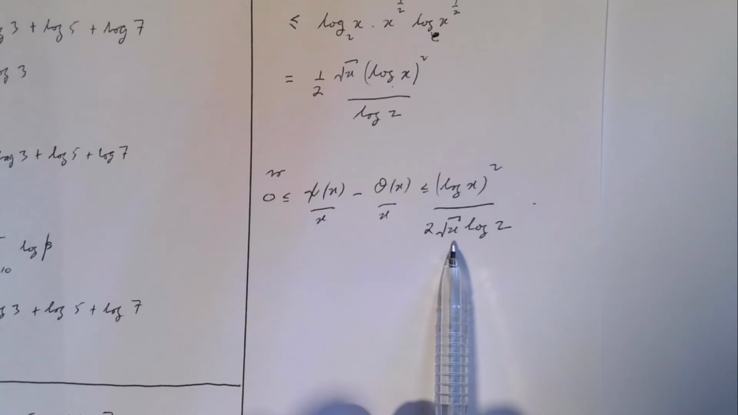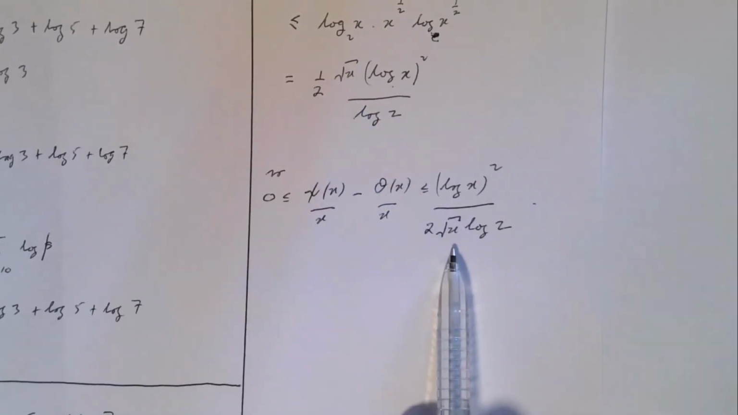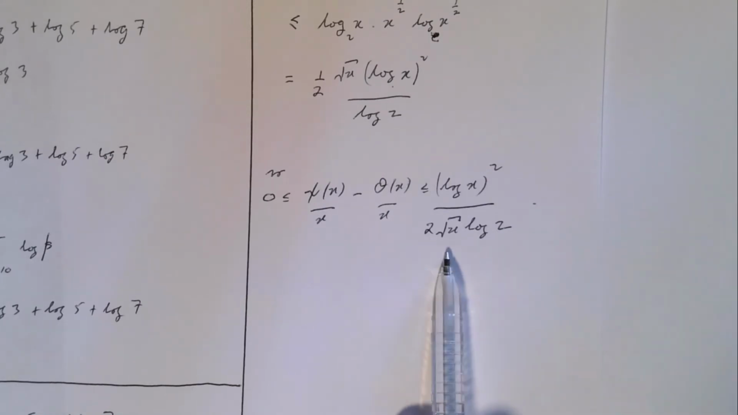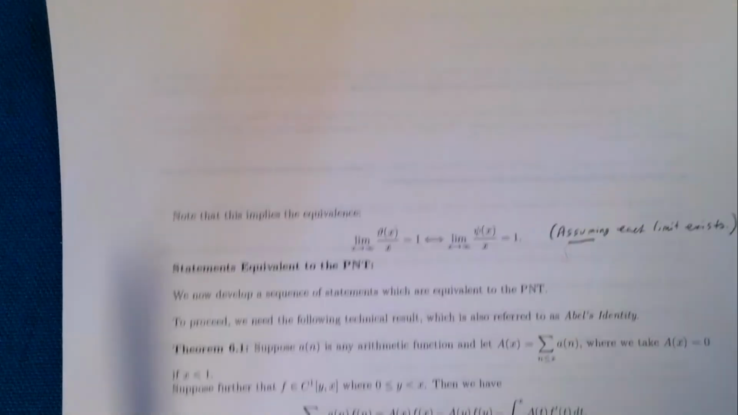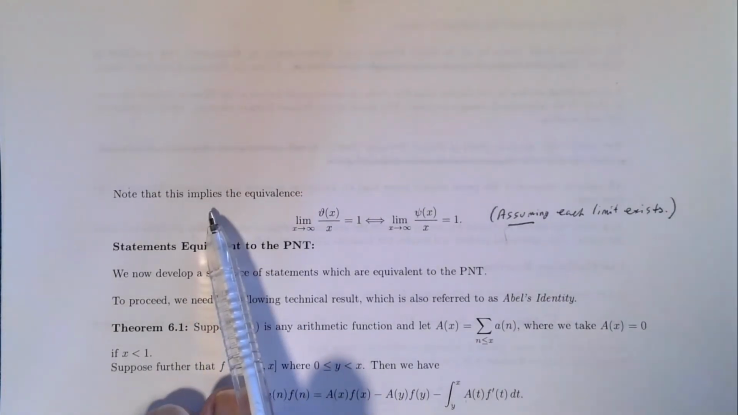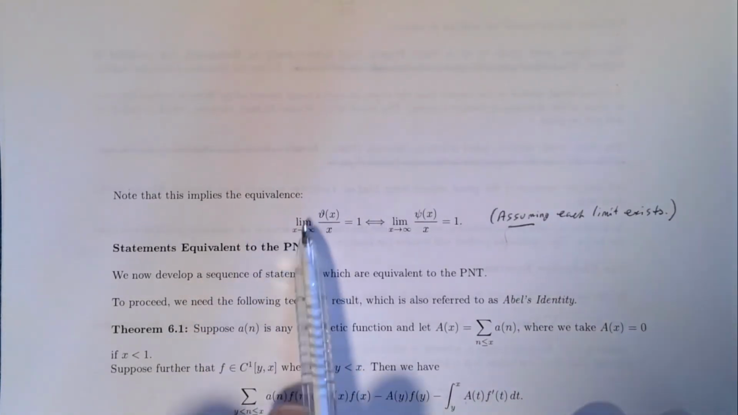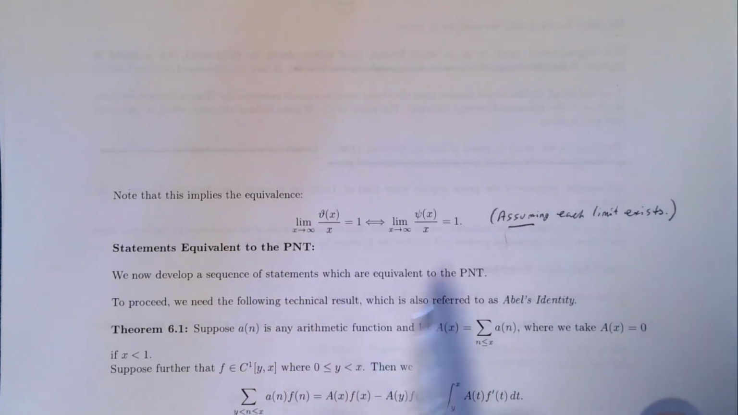When I divide by x, the root x on x will give me a root x in the denominator. So there is a little proof of that equivalence. Now the point about this is then, and this was realized, I think, by Chebyshev, that this now gives me this equivalence that the limit of theta x on x is 1 if and only if the limit is psi x on x is 1, because as